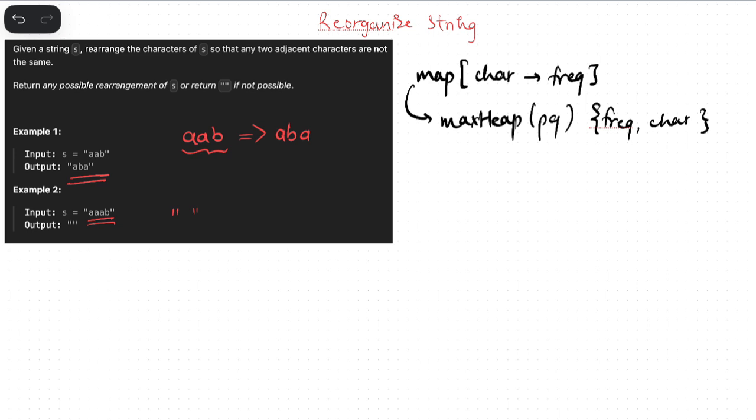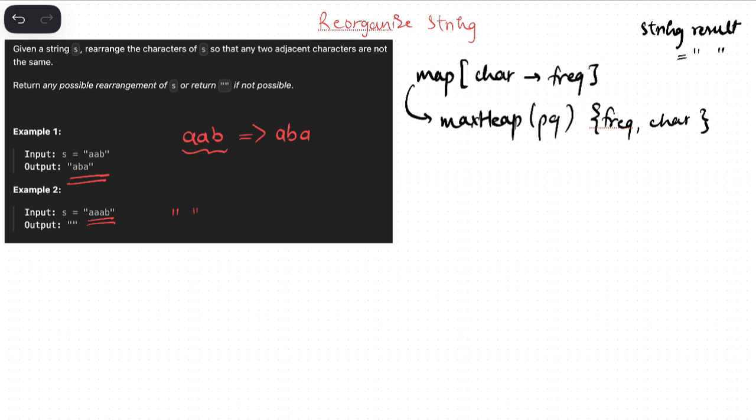Not just empty, I would say. Okay, what we can do is, so we have the map, we have this, and suppose this is our resulting string. Now, what we can do is we will pop two elements every iteration from the max